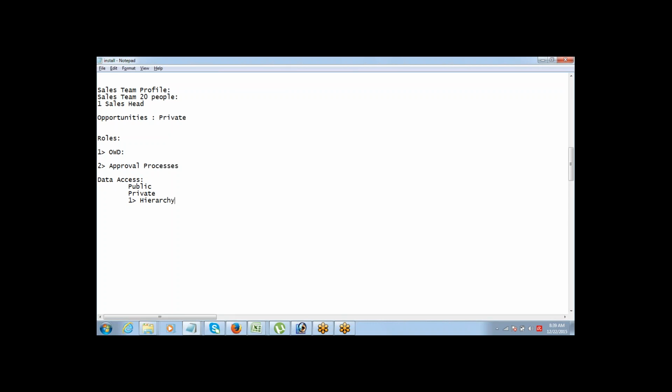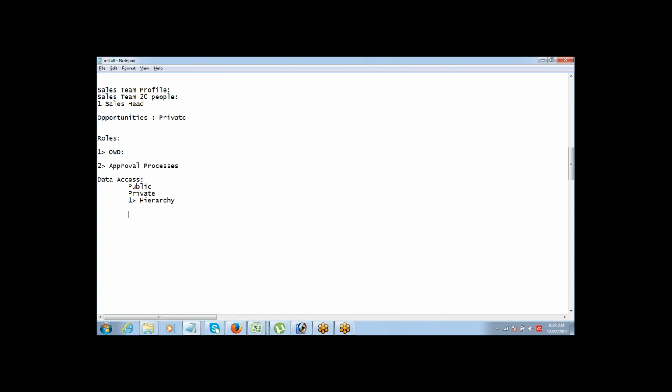Okay. So the hierarchy option is there. And it comes into the picture only if the data is made private. So we have to understand, only if you are making the data private do all these options come into play. If the data is private, the next question is, does my manager need access? If yes, then give it through hierarchy.